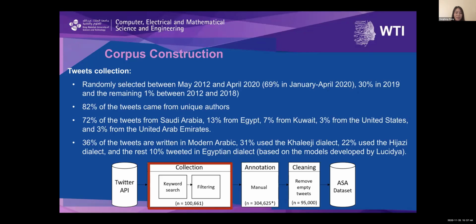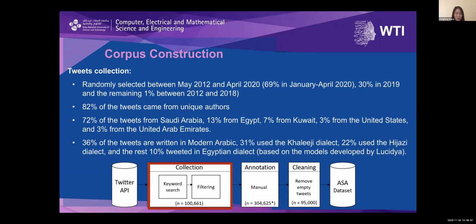And we verified that the tweets are mainly from unique authors. That means the tweets were posted by different users. More than 80% were from unique users. And 72% of the tweets are from Saudi Arabia, then 13% from Egypt, 7% from Kuwait, 3% from United States,